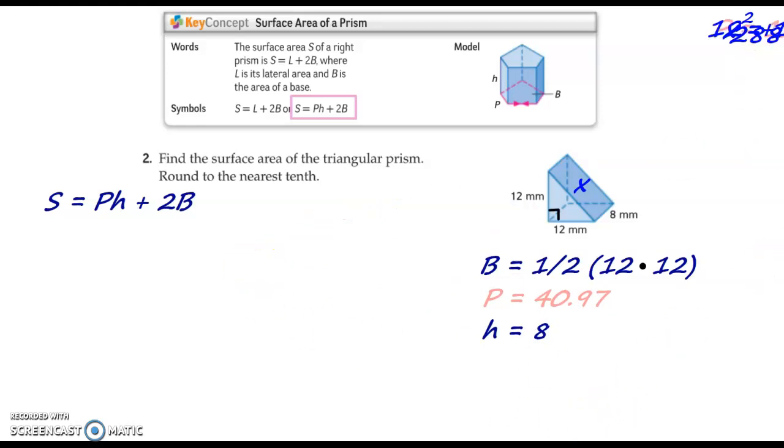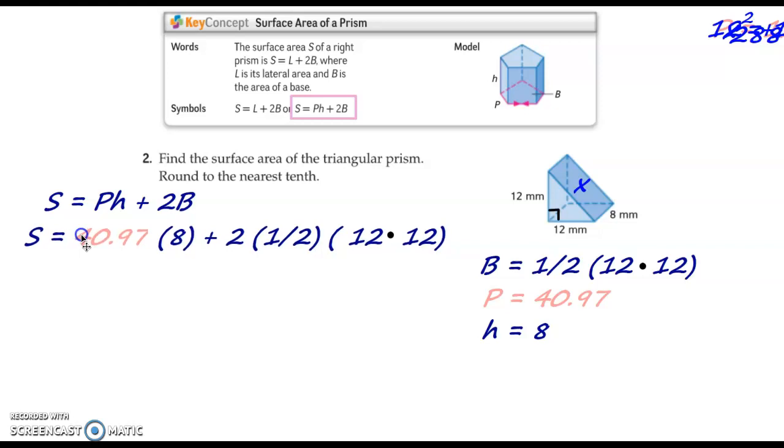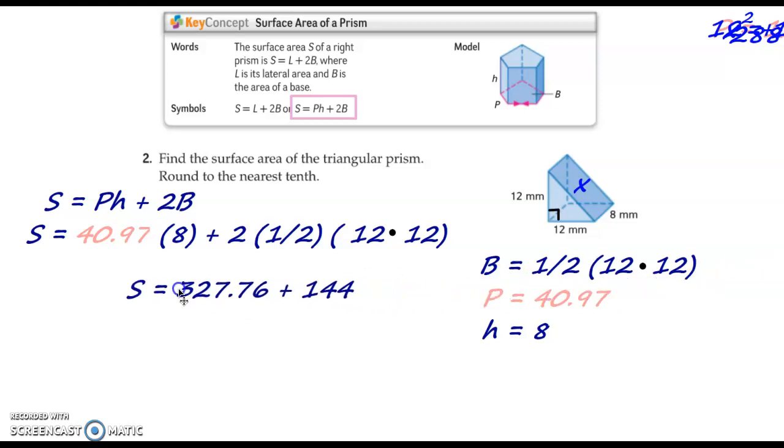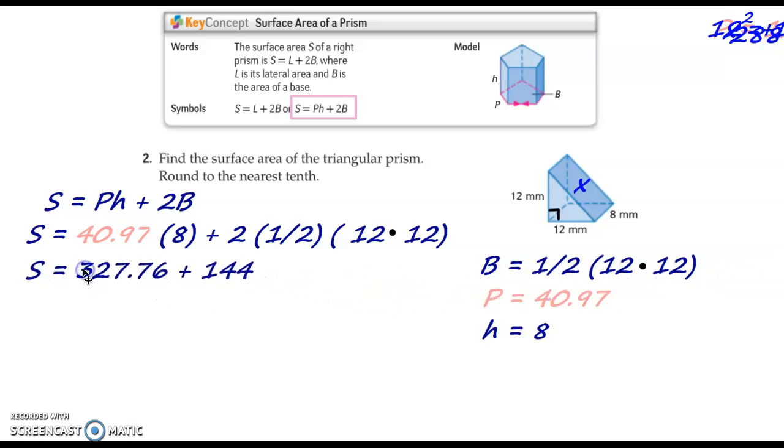So once I've done that, here we go. I have the perimeter of the base times the height of the base plus 2 times the area of the base, which is 1/2 of 12 times 12. That tells me that my total surface area is equal to 327.76 for that portion, plus my 2 bases, which were 144, to give me a final total surface area of